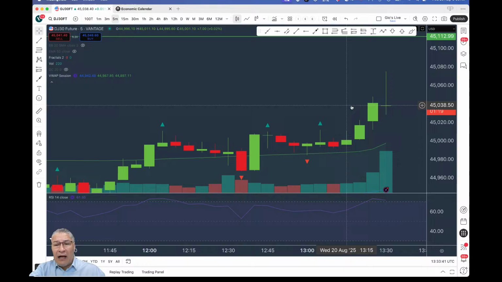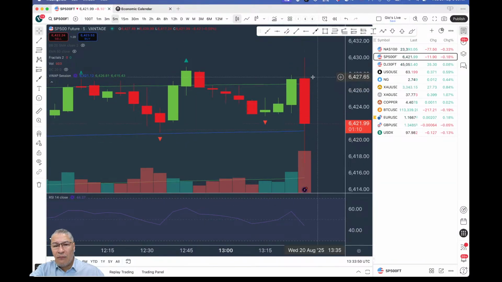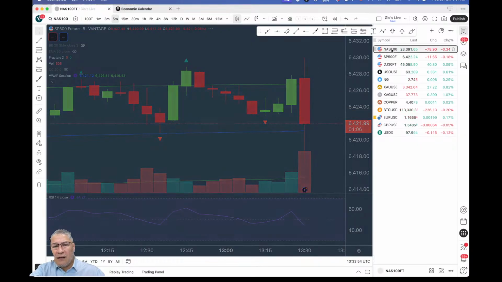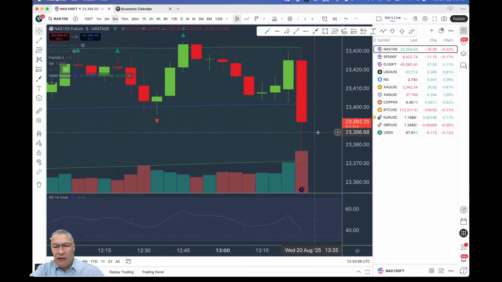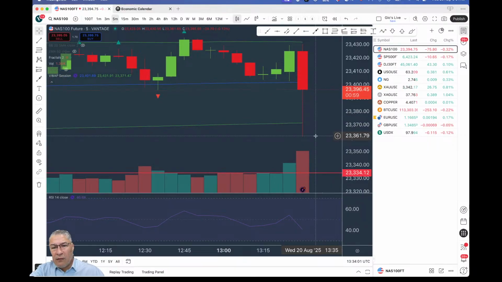In the Dow we first had a fluctuation to the upside and then a pullback, and the S&P was stronger to the downside. The Nasdaq is basically downside, so it has dipped quite a lot. So is that just flushing out those sellers that were thinking that the market was going to continue to move lower,